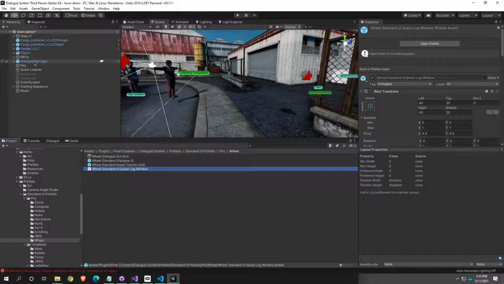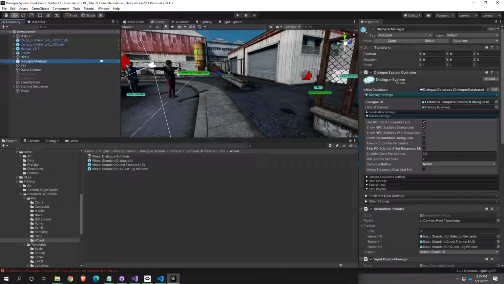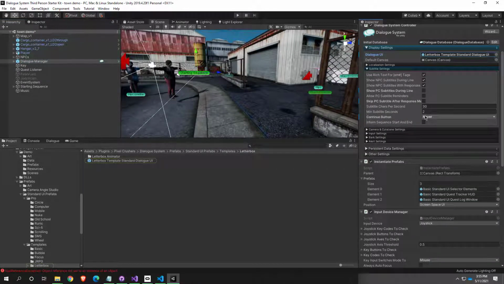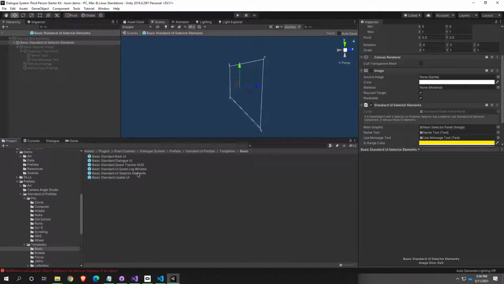If you're not using one of those themes, you're in the boat I mentioned earlier where you have to customize it yourself. So if you go to the dialog manager, we've covered how to change the dialog UI, but if we keep digging around in here, we can find some of the other stuff. In the instantiate prefabs component on my dialog manager game object, I see there are some other prefabs here I can look at. So we have the basic standard UI selector elements. And this is another one I would really want to change if I were going to make this a